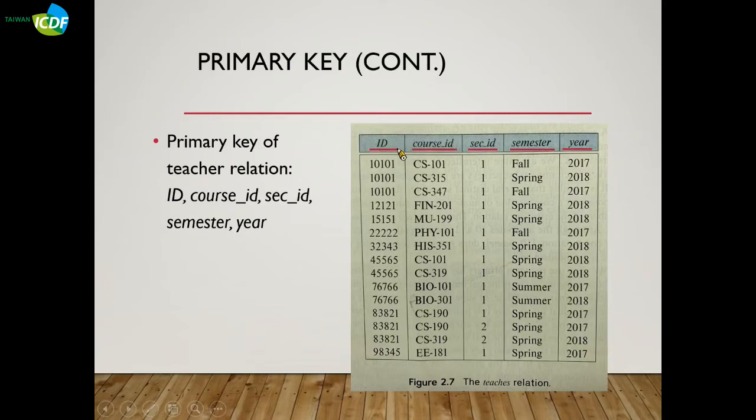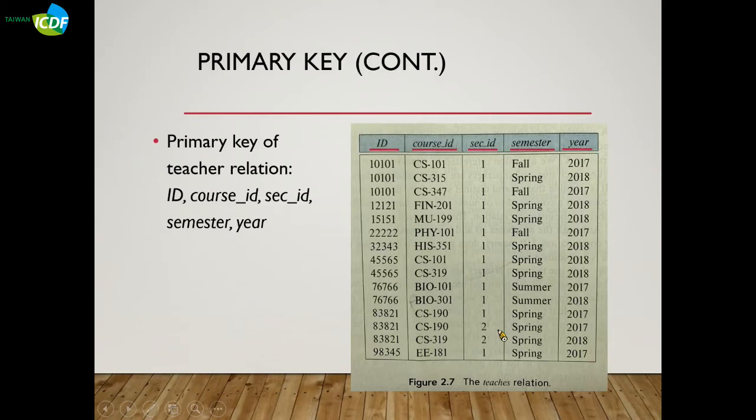If we combine ID and course ID, we can find these two tuples are still duplicates. So we have to add section ID into this combination. The combination of these two tuples is not duplicated,